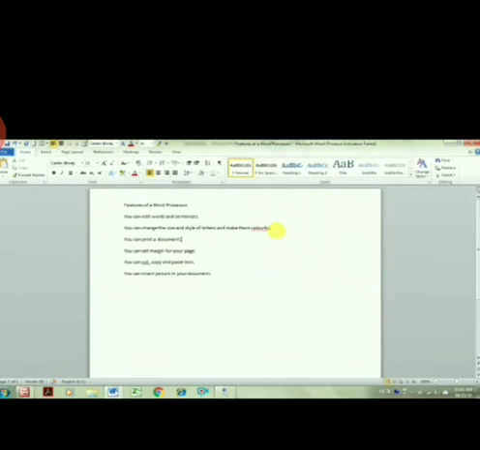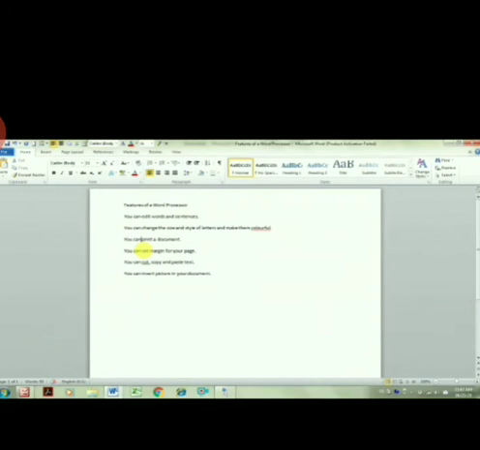Even we can select the text and the sentence. If you want to select the text, you just need to drag the mouse from the starting point till the end if you want to select the complete sentence. If you want to select only a line or only a word, you can select it by dragging the mouse.